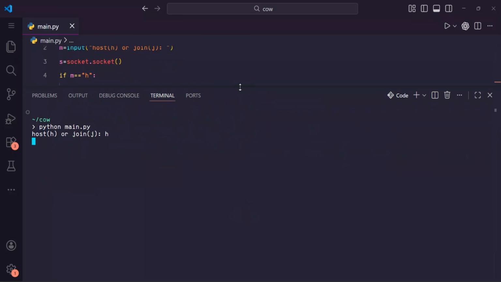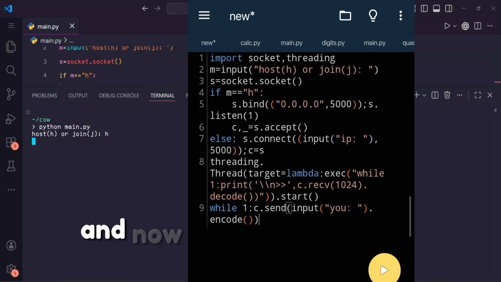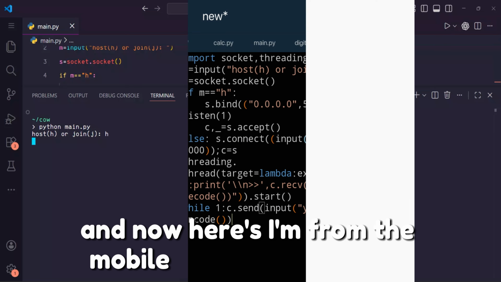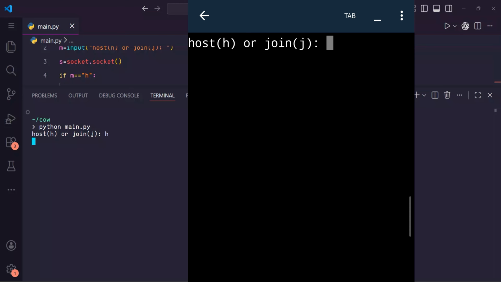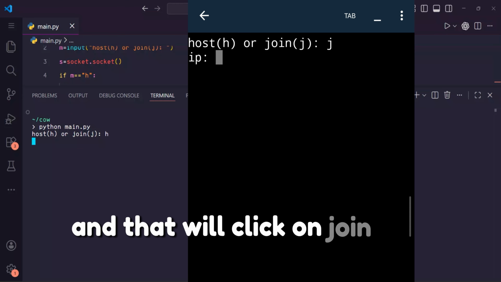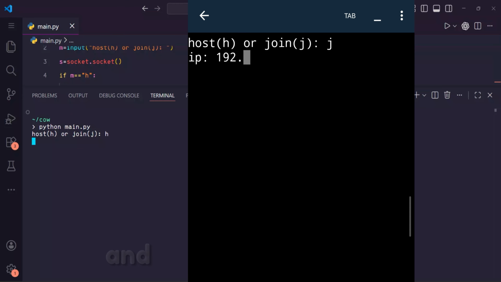Okay, let's host a thing, and now let's wait for the user. And now here I'm from the mobile Pydroid application, and I'll click on join and the IP, and let's type the IP of